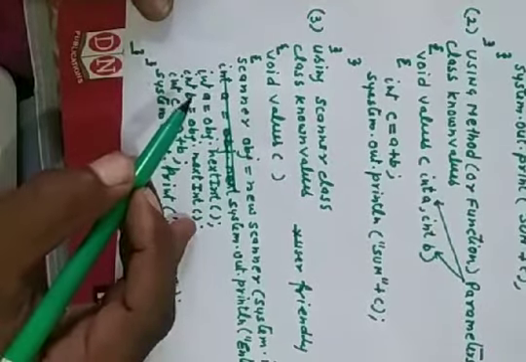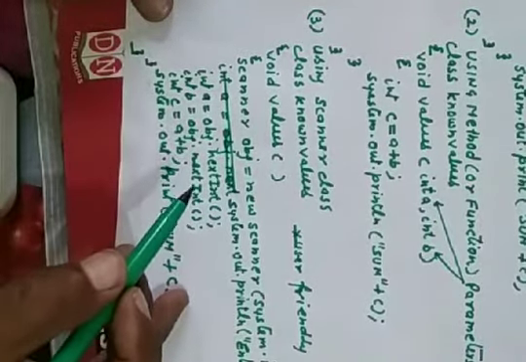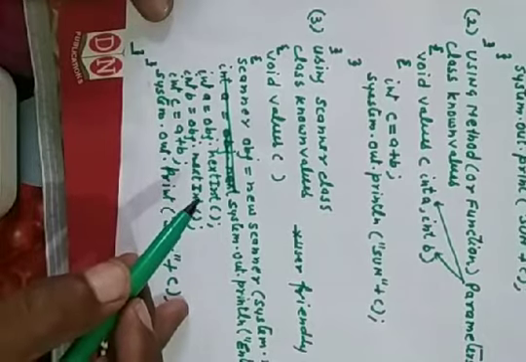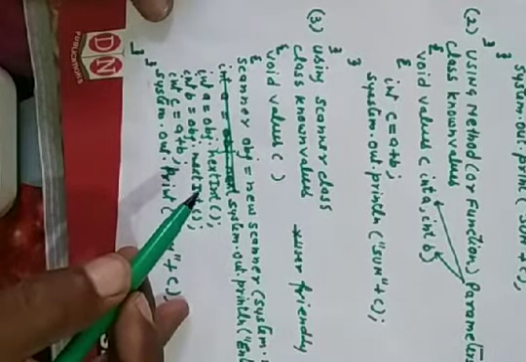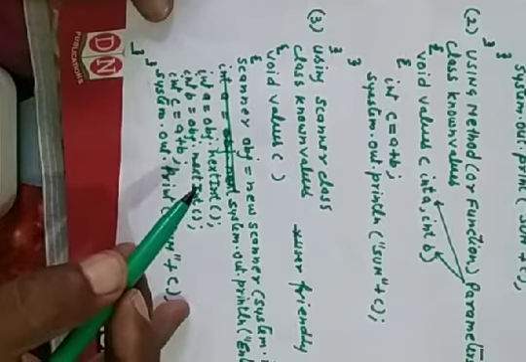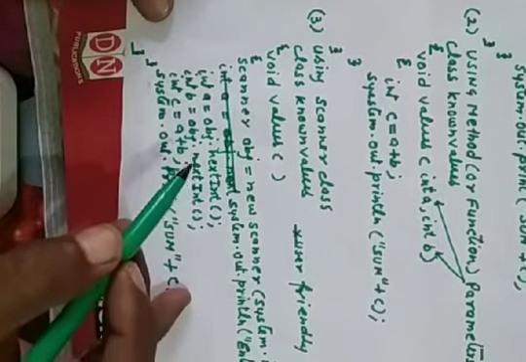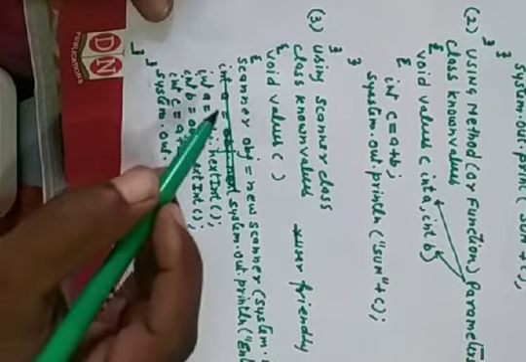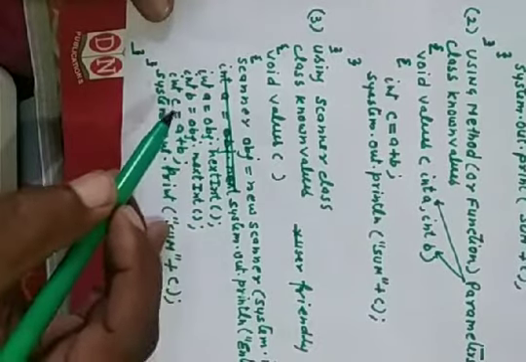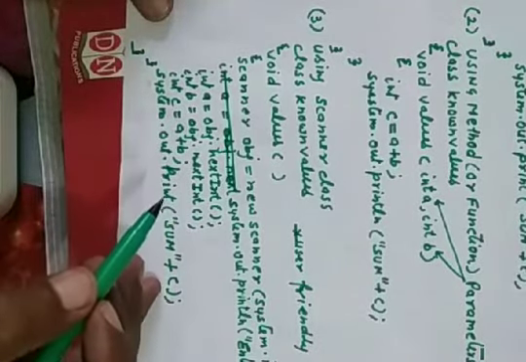In the second way, int b is equal to obj.nextInt() means an integer value will be asked again from the user side. The user will input the value through the keyboard. Suppose it is given 6. So the procedure is the same. See here, c is equal to a plus b, System.out.println(sum + c).